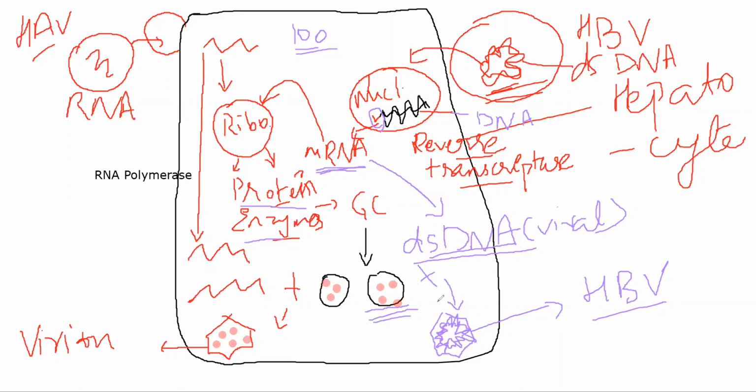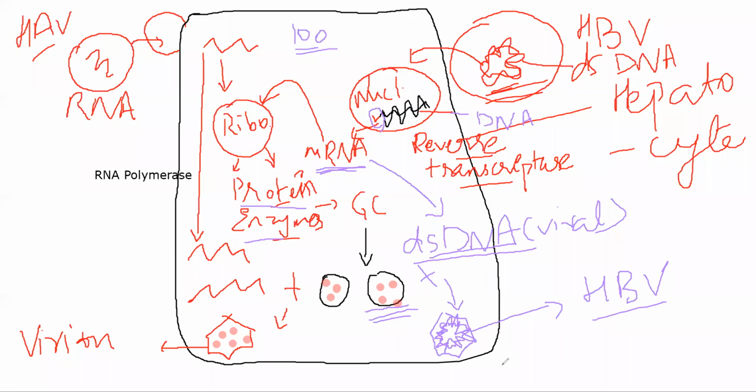So ultimately in both of these cases, more and more virions are getting accumulated, and at one point of time this cell will burst open. There'll be an inflammatory reaction. T cells will come into the picture, and they will literally burst it out. Your MHC will get involved. Viral antigens will get released, and ultimately this cell will burst out, and you will get a few effects. Okay, from this. I hope you understood up to here what is happening. Okay, fine.